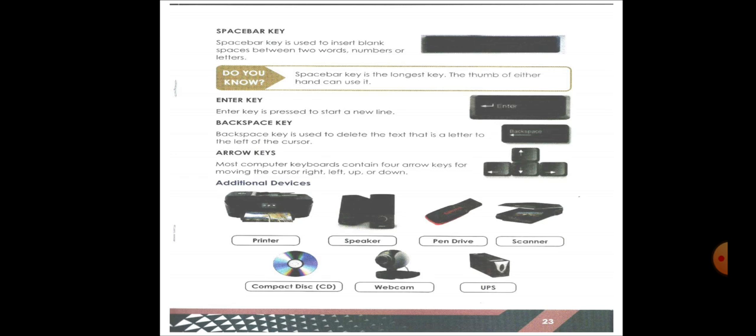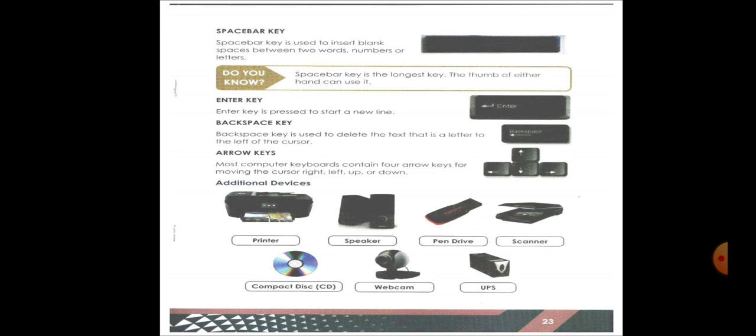This is a printer picture, children. A printer is used to print information that you see on the monitor onto paper. So whatever you can see on the monitor, if you want to take it on the paper, we use printer. Next picture is speaker. If you want to listen music, you need the speaker, right? So speakers are used to hear sound effects or listen to music on the computer.